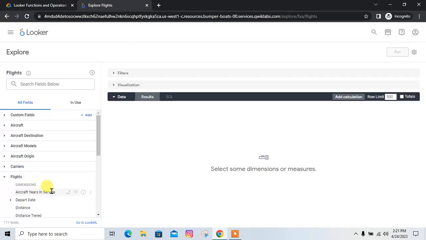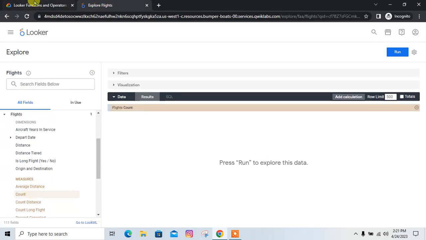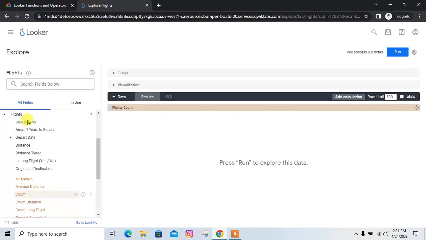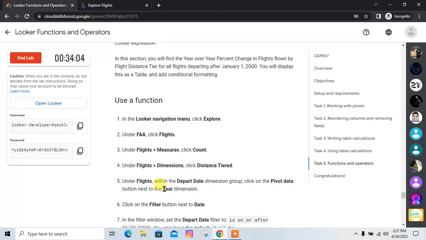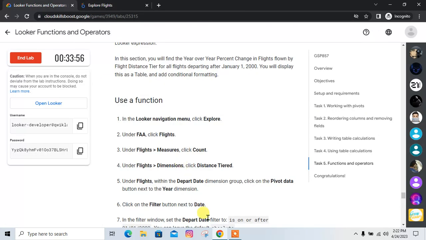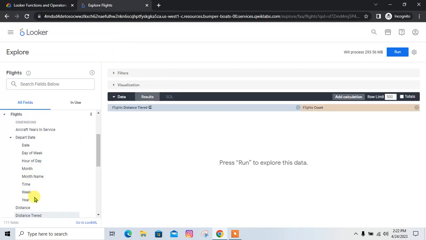Okay, flight measures count and flight dimension distance trigger, just click it. The flight department, click pivot next to the year. Okay, again expand this and departed date button next to the year dimension. So this is the year and click this pivot data button